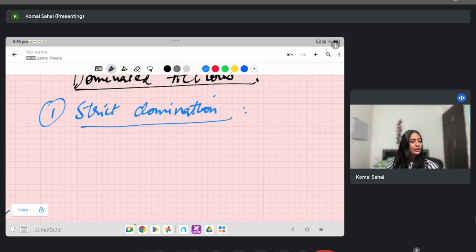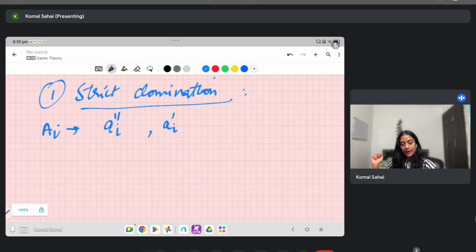So strict domination is suppose you have an action AI double prime. ये सारे actions you're thinking from the perspective of player I. उसका जो भी एक्शन सेट है, जो भी उसके पास अवेलेबल एक्शन है, उसमें एक एक्शन है ए आई डबल प्राइम और एक एक्शन है ए आई प्राइम. सो नाउ ए आई डबल प्राइम इज सेट टू स्ट्रिक्टली dominate